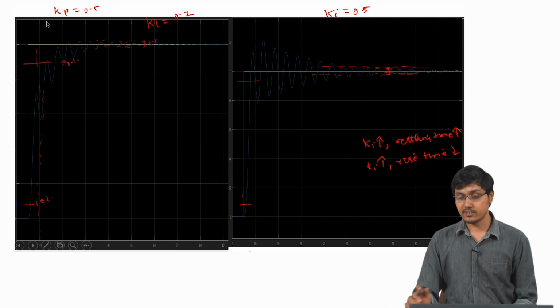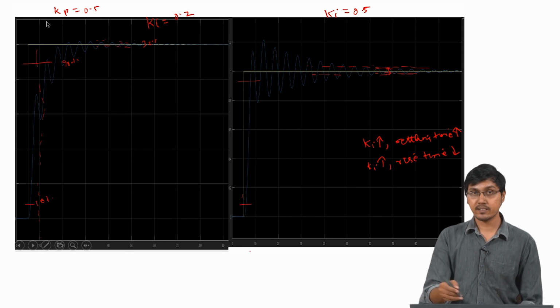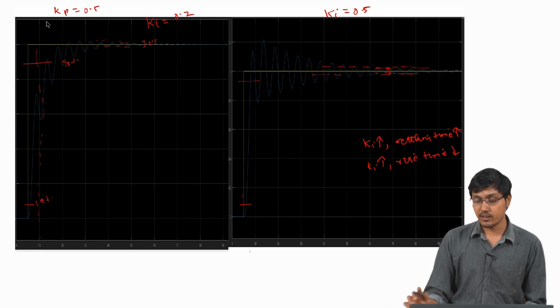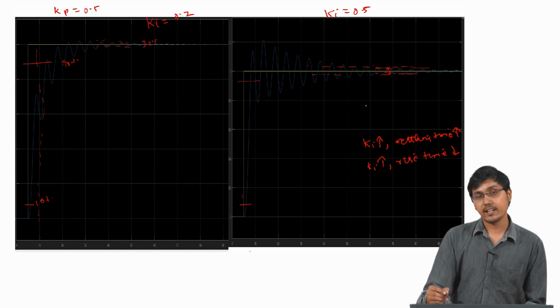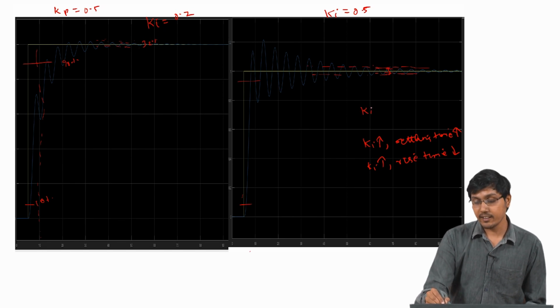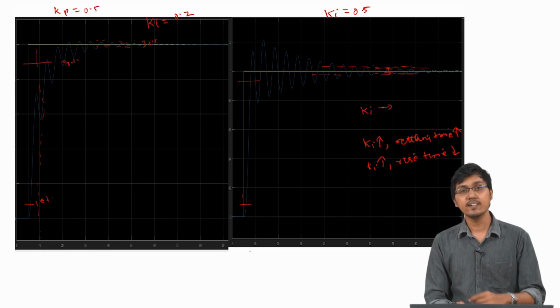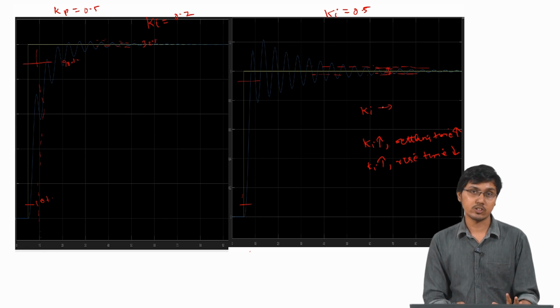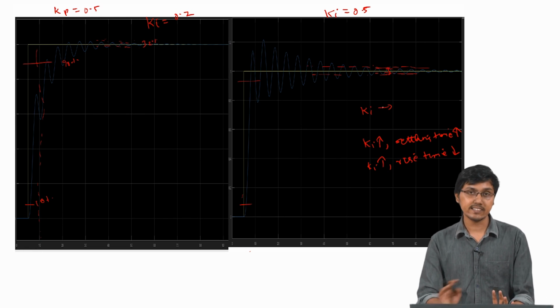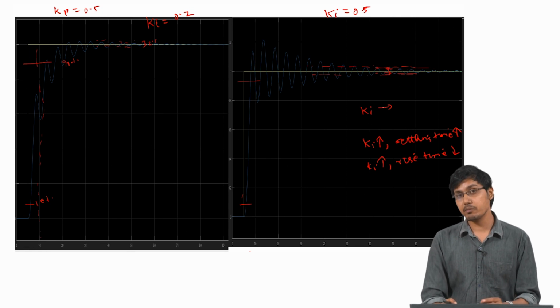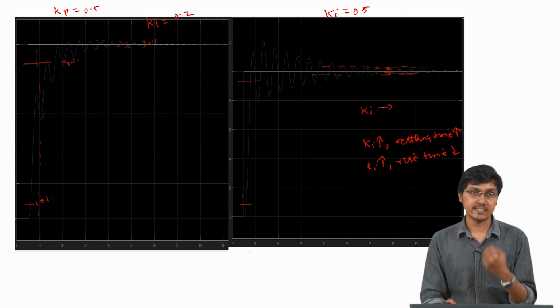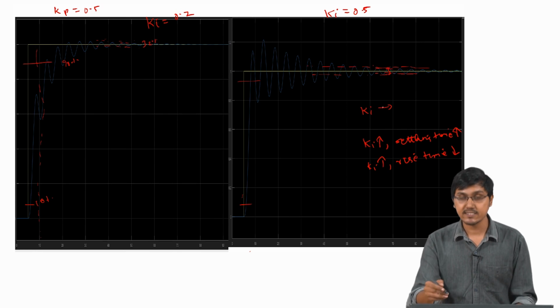So, that is something that we can evidently see from this. Also, increasing the Ki values does not have any effect on steady state error. Whenever there is an integral action, steady state error is going to go to 0. So, steady state error reaching 0 has no impact on Ki, because for any value of Ki the steady state error is going to get eliminated. So, that is something that we will not worry much about now.